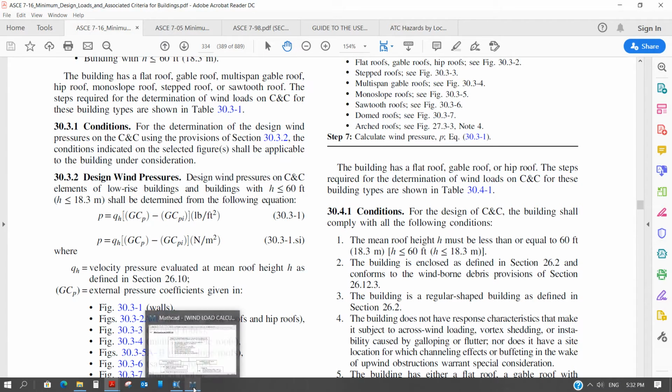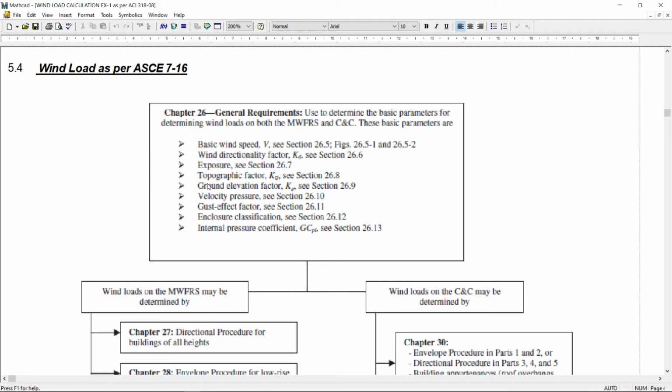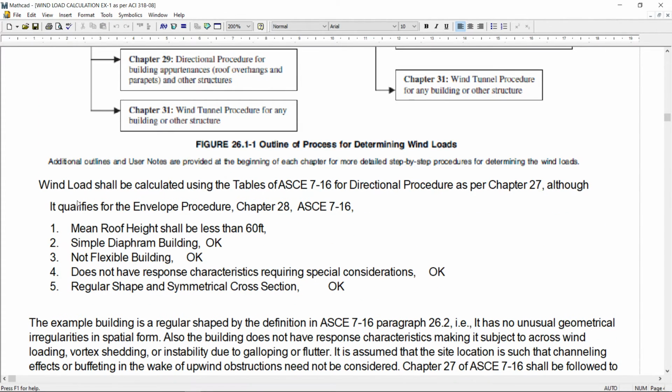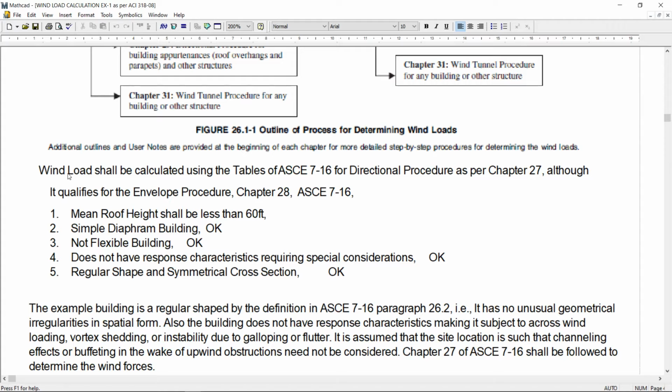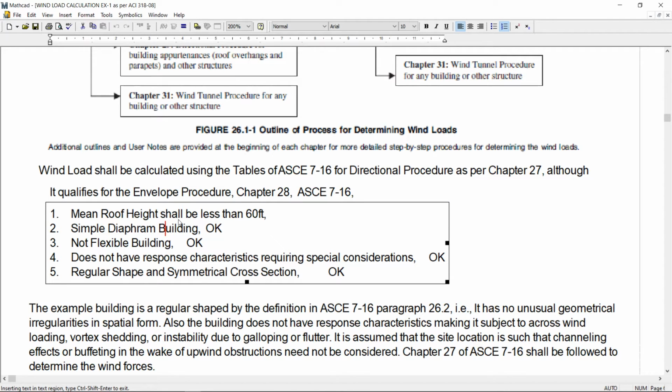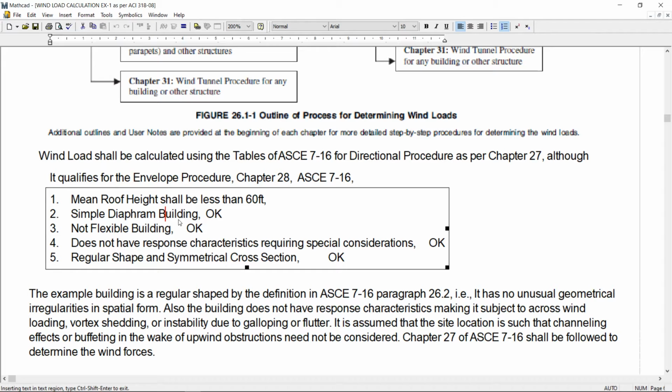Now let's go back to my manual calculation. As I explained in this flow chart, here I'm just comparing whether I can use the directional procedure or the envelope procedure. So it says that wind load shall be calculated using the table of ASCE 7-16 for the directional procedure, because it is given in our example that we should be using the analytical procedure, so that's why I shall be using the directional procedure. Although it qualifies for the envelope or simplified procedure, because the mean height is less than 60 feet, it is a simple diaphragm building,